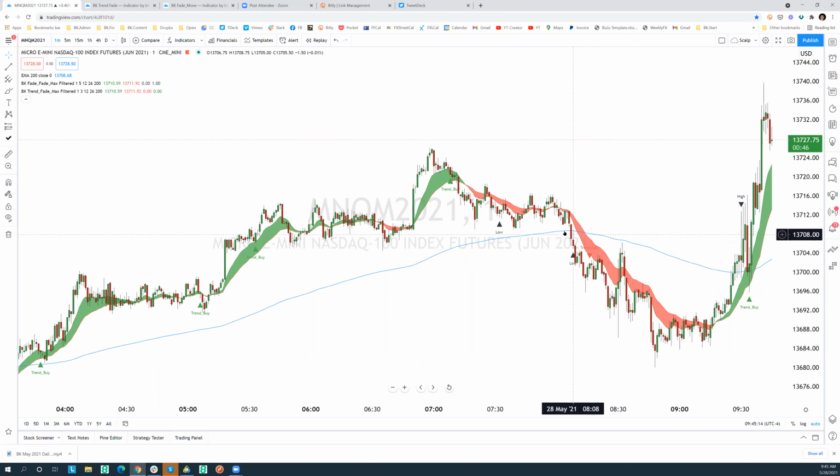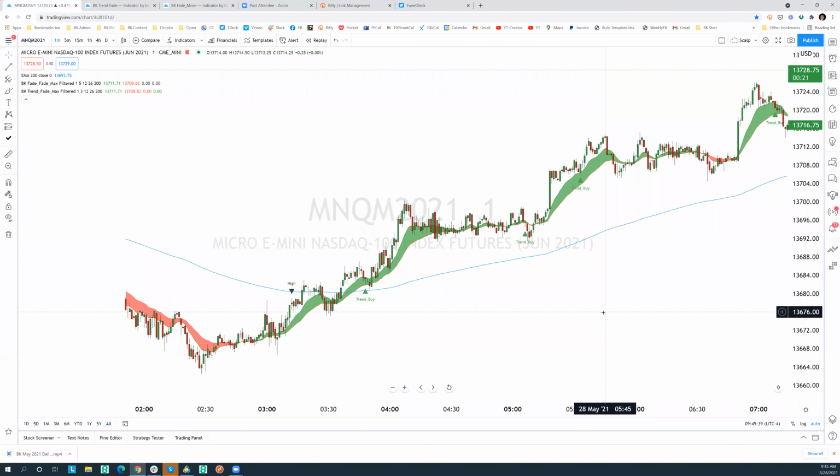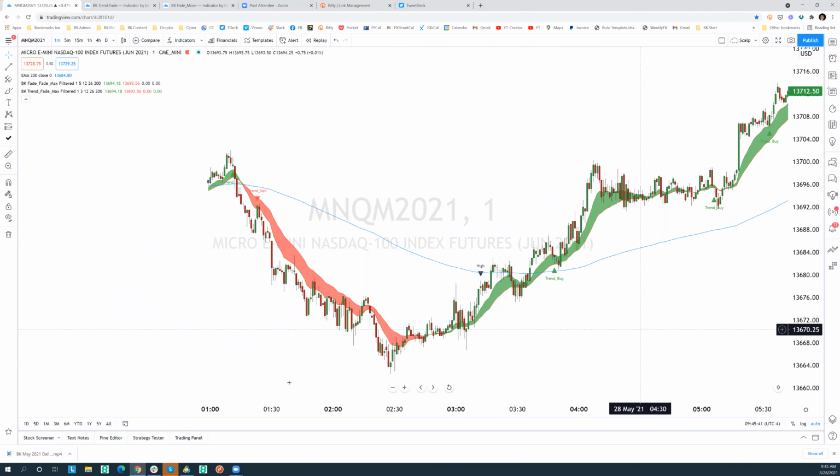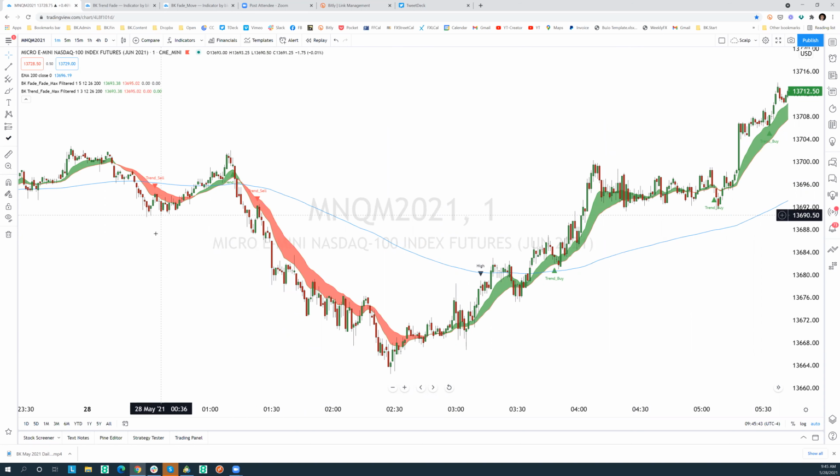So in future versions of this, if the candle in any way, shape, or form touches the moving average on the low side, it wouldn't appear. The same way when you're looking at the trend candles, if the trend signal was over here and the low never touched the moving average, that would have been a good signal. But here, it's problematic. Now today, here it works out. The point is, it's not like it doesn't work out. But the very, very big problem is that especially in very, very tight